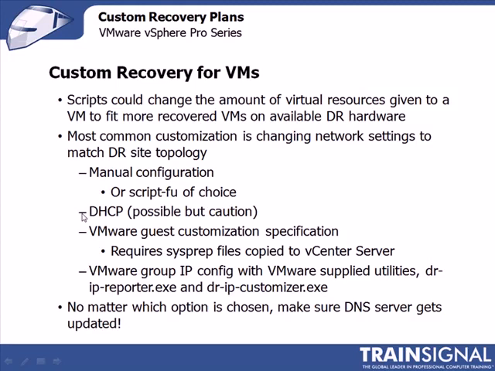The replicated VMs could use this DHCP to get their address, but care should be taken in configuring this so that the correct IPs get assigned to the correct VMs. Or if nothing else, maybe you don't care about the VM's IP, you do want to make sure that the correct DNS entries get updated with the new IP addresses